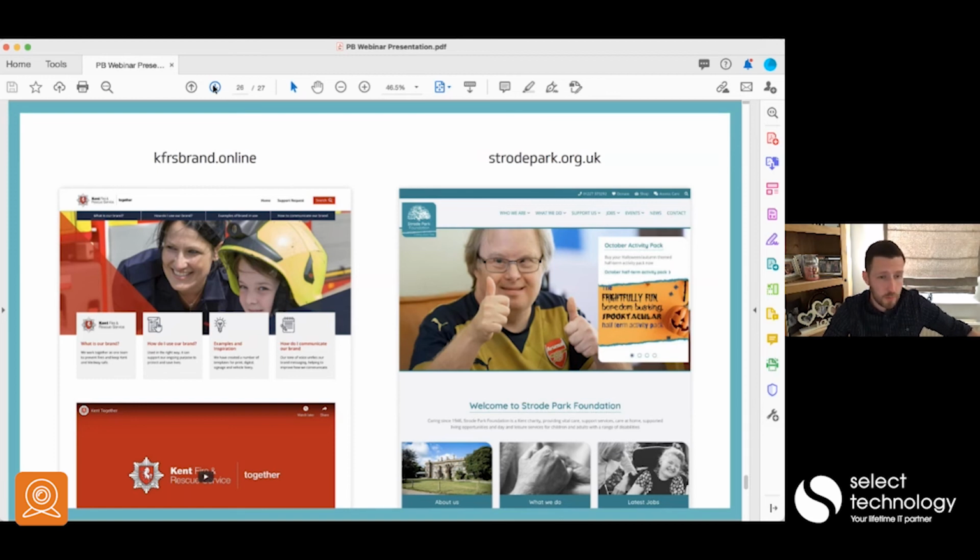If you were to type web accessibility into Google and have a search, the Gov website has got a lot of information on it because they are accessible by default, which is why their site looks the way it looks. It meets the standard, such as the NHS website, which is also accessible, which is why that looks the way it looks. So it's worth just doing a bit of research on it